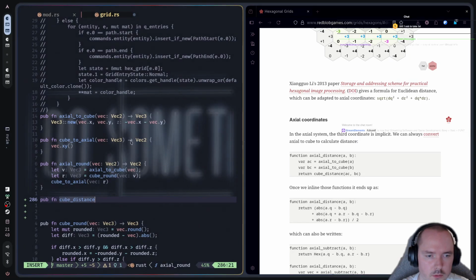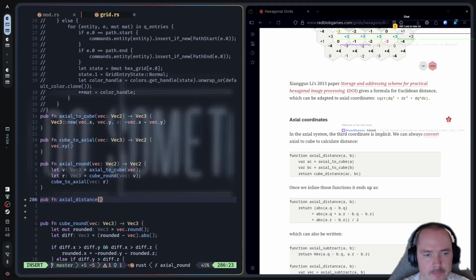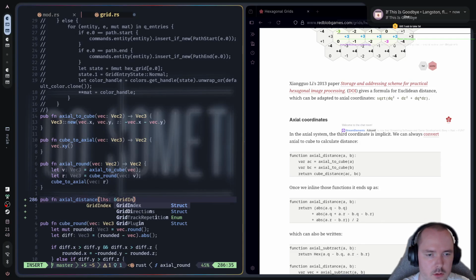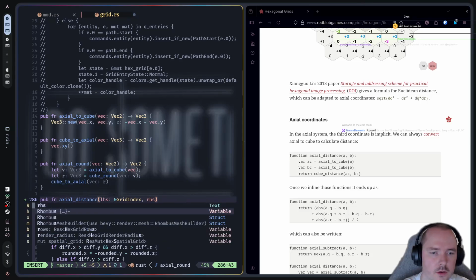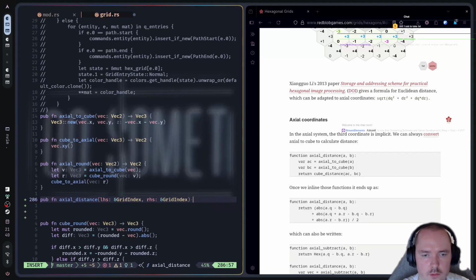Yeah, exactly. That's what I actually want. With distance, I will just use distance. It takes the left-hand side as a grid index and the right-hand side as a grid index, and it returns me